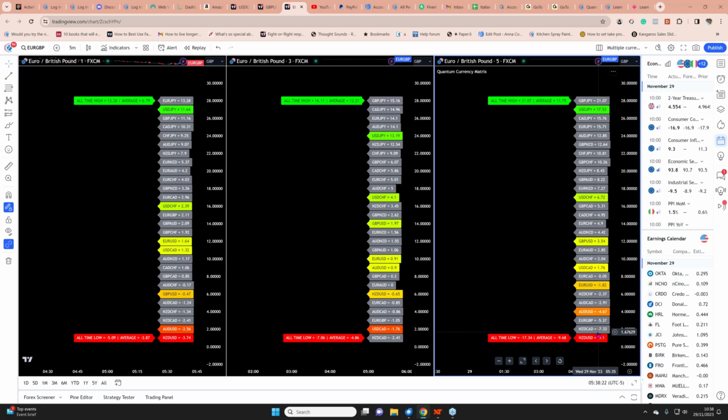But what you're seeing here is a real mixed picture. There's nothing consistent. It's just telling you in a very visual way that over a handful of candles, over the last 7 candles on that particular time frame, there really is no strong consensus. There's no strong trend. There's no strong sentiment one way or the other. Everything's kind of moving around for the time being and going sideways. Really, that's what that's telling you.